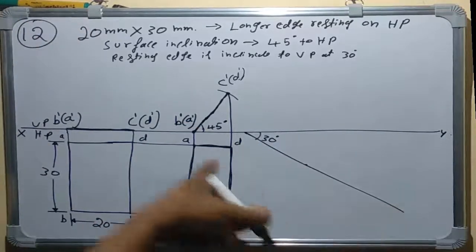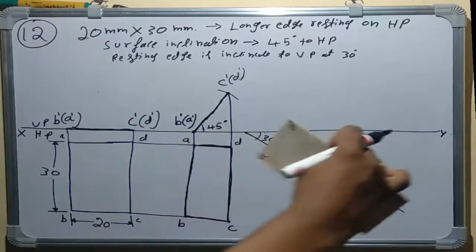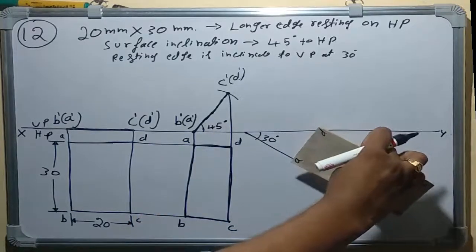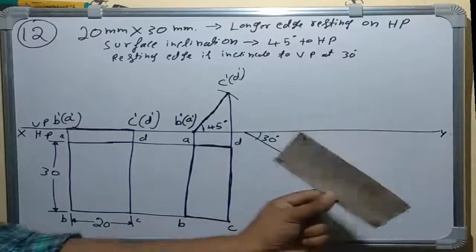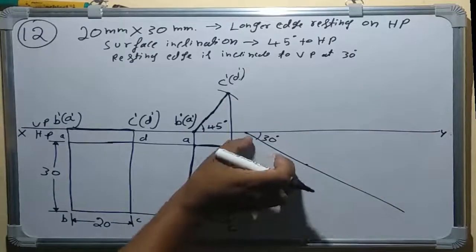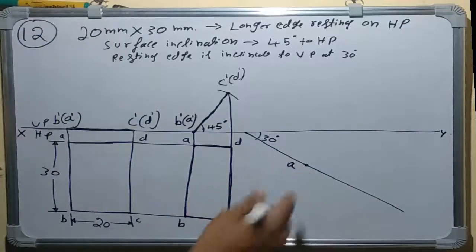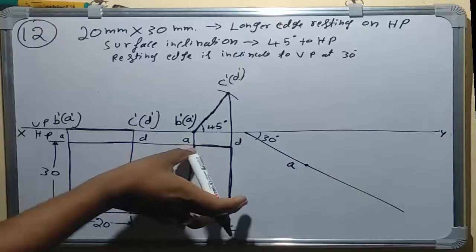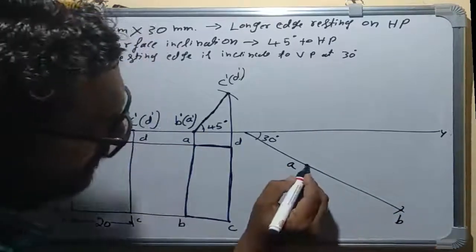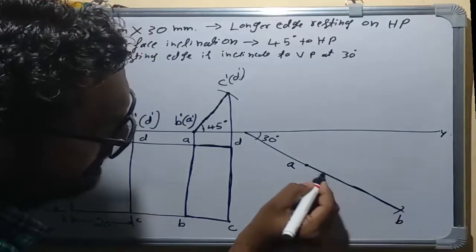On this 30 degree line, the lamina should be placed by maintaining AB on that 30 degree line. Like this we take it, and place it over here on AB. While placing, leave some space, because D should not cross the XY line. First mark the point A, then measure A to B and draw the arc. We will get B. You make this line AB visible.